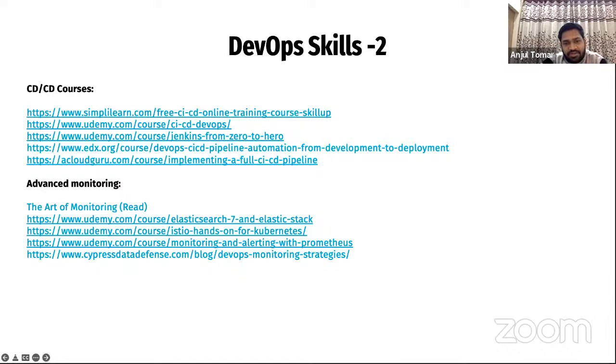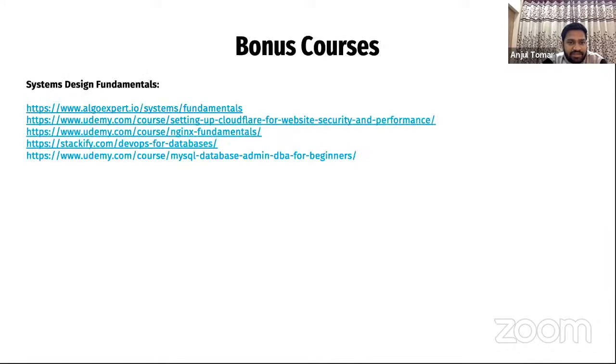Just one thing to remember: these courses are reference courses. These are not the end of the world. It's not that if you do this, you will become a DevOps engineer. These are all reference courses. If you do this, you're good to go, at least good to understand things. This slide is actually my favorite slide. So definitely go for these courses. I would recommend going through them in your free time, as that will definitely help you.